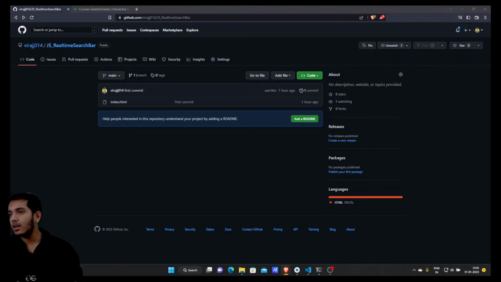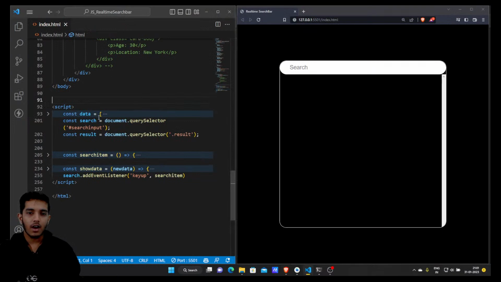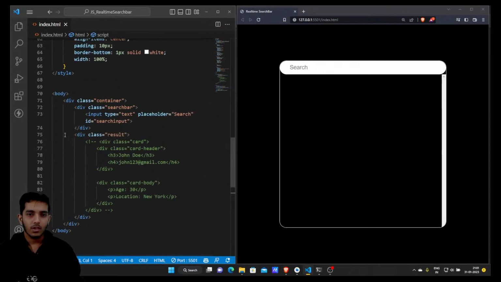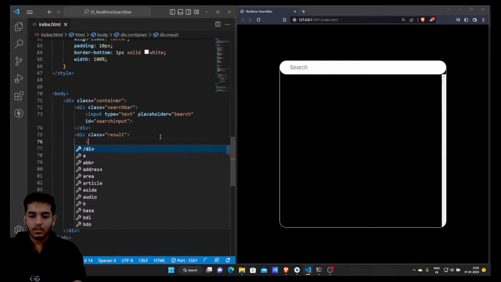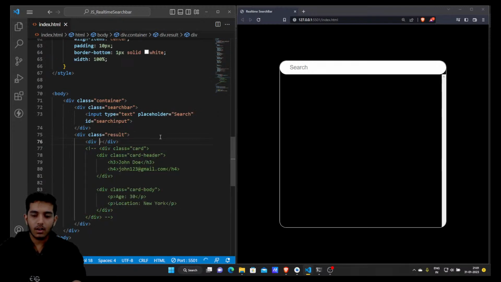Can we add an option if data is not matched, no match found? Yeah, definitely. Let's see if we can add that. Suppose I write a division, and I'll give it a class, or I can give it an ID. Suppose I simply write a p tag, and I'll give it